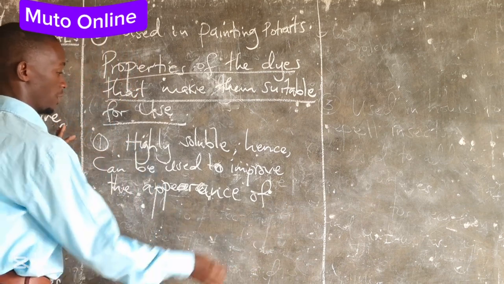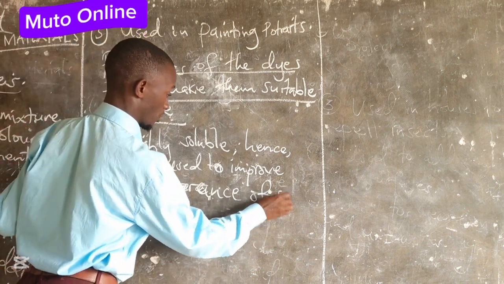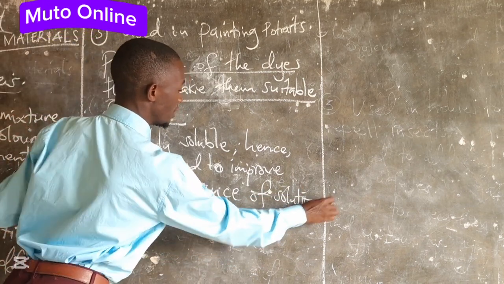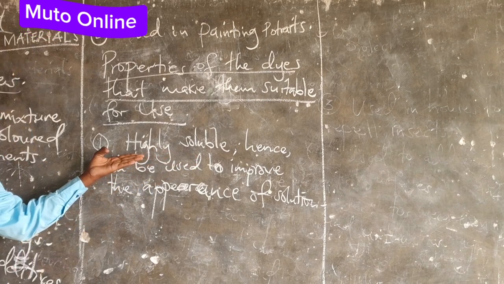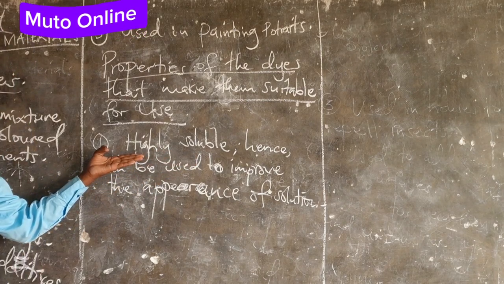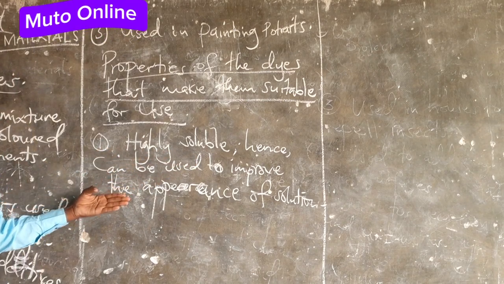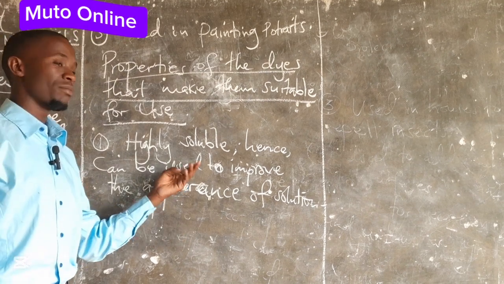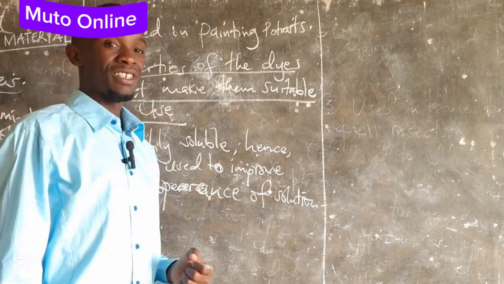They can be used to improve the appearance of solutions. The reason is because they are soluble. As we look at the properties of the dyes that make them useful in daily life,